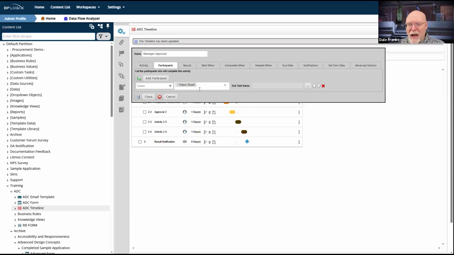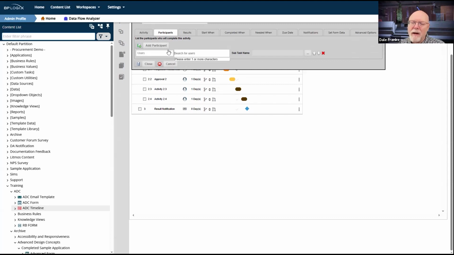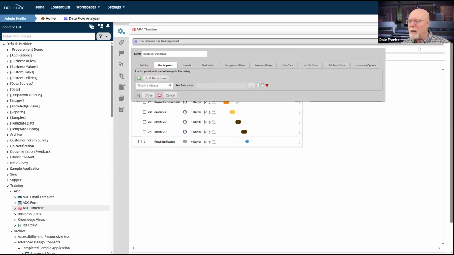The problem arises when Diana moves to a different job. She may be doing some of what she used to do, but not all of it. And you have to go in on a case-by-case basis and figure out what gets assigned to Diana and change the configuration to some other user who will also get a new job or leave or get transferred in the organization. And you're going to have to fix that. That's always a pain to have to do. Now, as I said, I'm going to go ahead and keep this set to timeline initiator for training purposes because I think that's best.